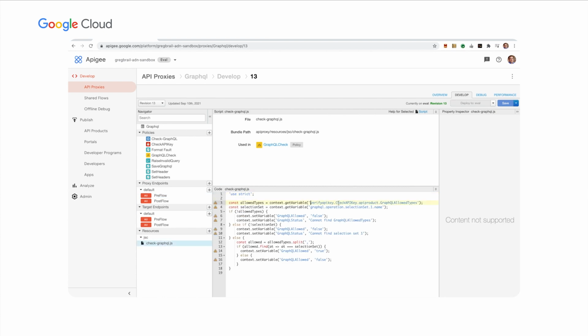I set a variable in the product that specifies what top-level selection sets are allowed, and I used a variable that is set by the GraphQL policy, which contains that information. After that, a little bit of error checking follows, and some clever but simple JavaScript that simply looks to see if the name of that selection set is in the product. That's all there is to it, and now I'm able to have some very interesting controls on my GraphQL application.